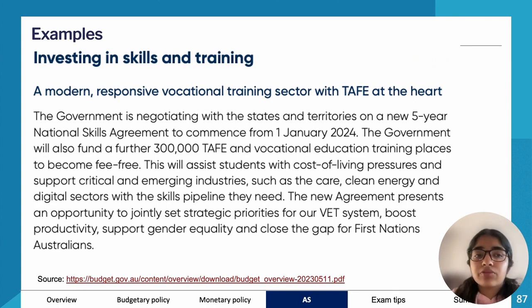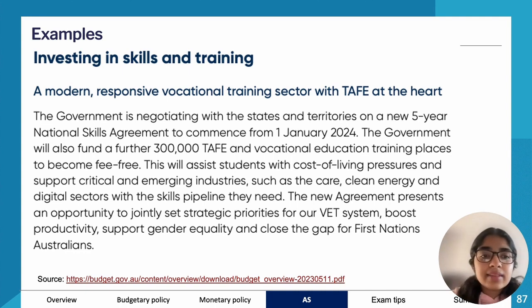So education is a great aggregate supply policy. If we invest in skills and training, we are reducing the level of structural unemployment. For example, if the government is funding free TAFE courses and subsidizing VCE courses and uni courses, it can help upskill a lot of people. So these 300,000 people who study a TAFE course with skills that are in demand by employers are likely to be employed. They're likely to be productive. They're likely to have the skills to do the job really well.